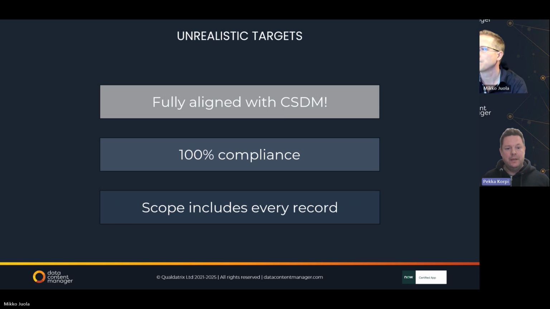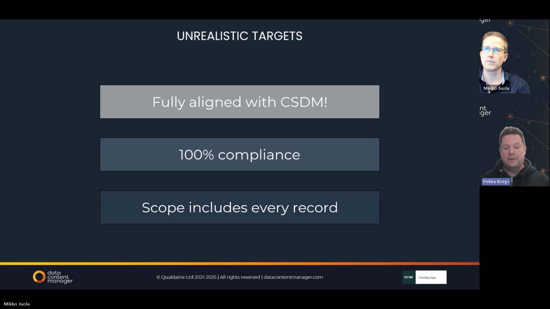Yeah, I fully echo these. So we've heard the deliver the CSDM types of things over the years, I think more than once. And it depends so much on how you define CSDM to begin with. I mean, there's the guidelines from ServiceNow for sure, but not every company approaches it in the same kind of way. And that comes back to defining the targets to begin with. And 100% compliance,